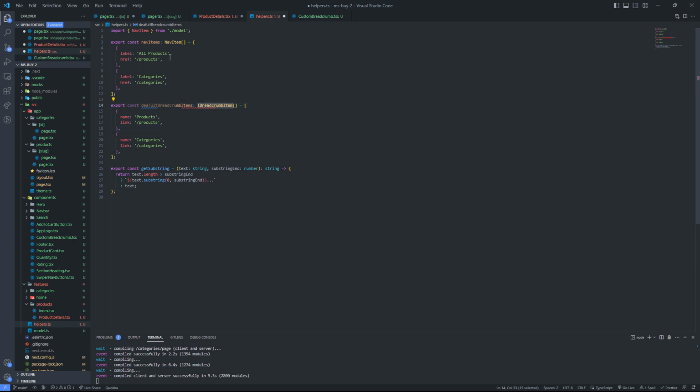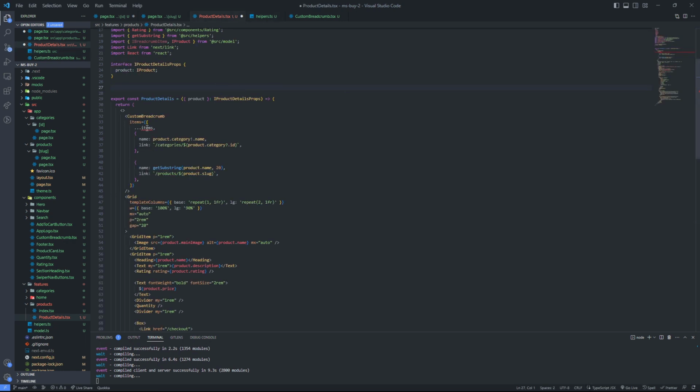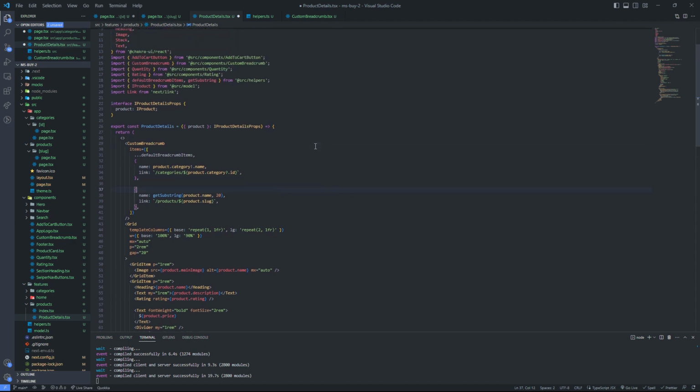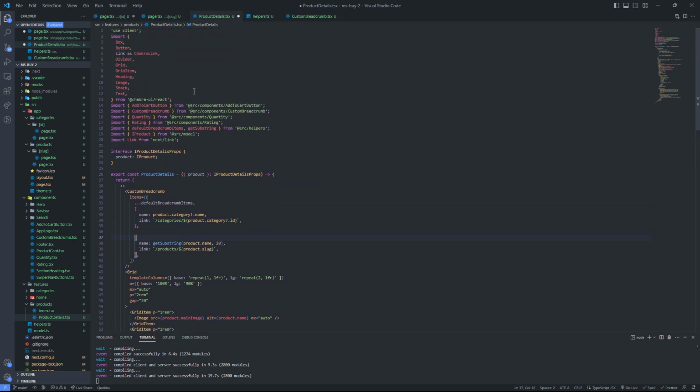I need to make sure I am exporting this, and let me import breadcrumb item here. Should be able to import this and use it now. If I save this and I replace it with this, clear the spaces from here, and now I can import this from helpers. I'm going to do Shift Alt O to get rid of all unused imports. Save this,